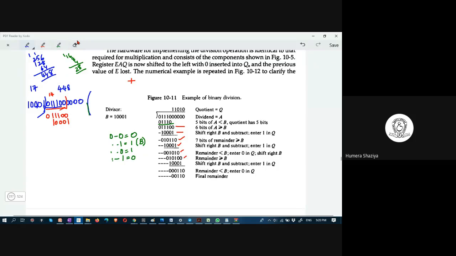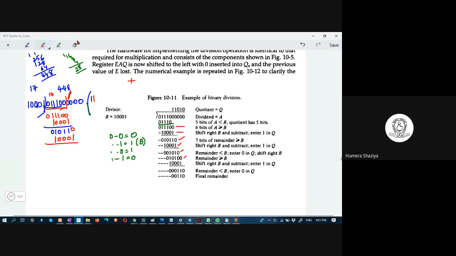And perform the, okay, after that what we have to do? We have to put quotient as 1. Quotient is 1. And here, this is 1, 1, 0, 1, 0. Considering this, the next 0, and shifting and placing the divisor. Now we are shifting and placing the divisor, so we have to put 1 here.